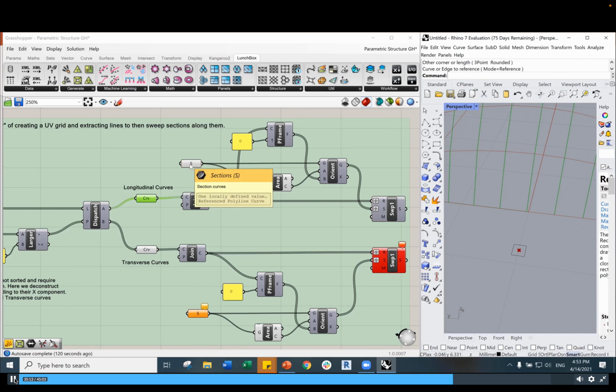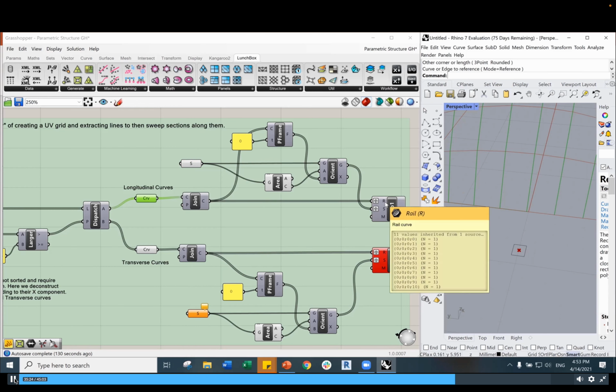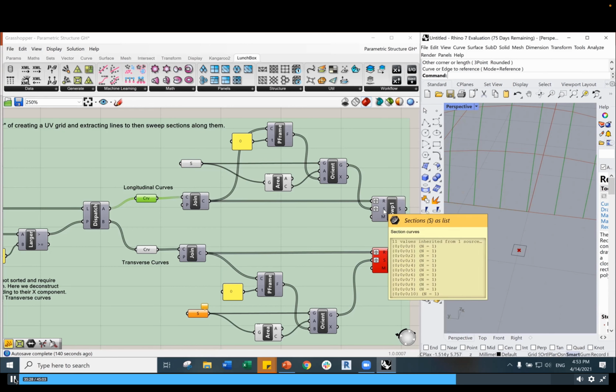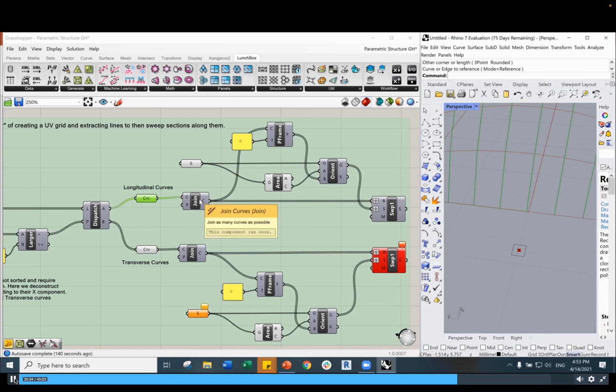So here, this node is defined by this polycurve or this closed loop curve. Now, to sweep it, I need two things. I need my rail, which is my longitudinal line, and I need my section, which is called profile in Dynamo. So first, the longitudinal curves go straight. They don't have to be processed or anything, but the section has to go through this little workflow, which is